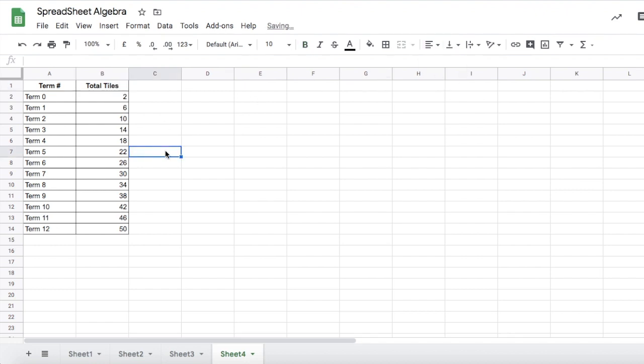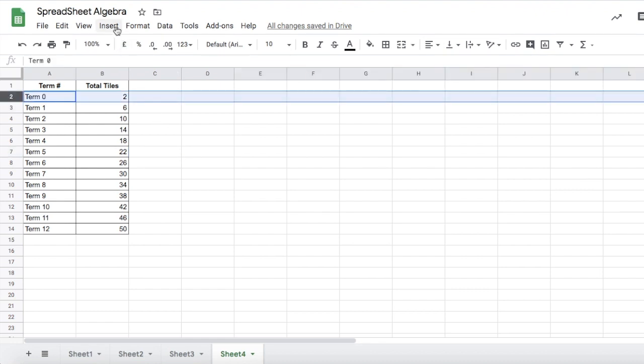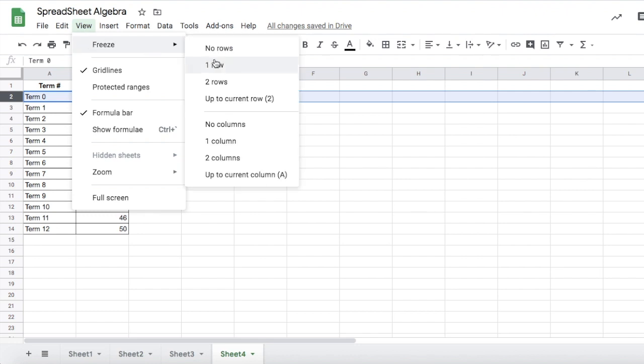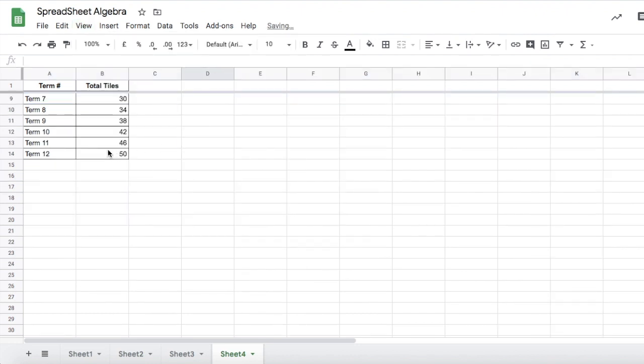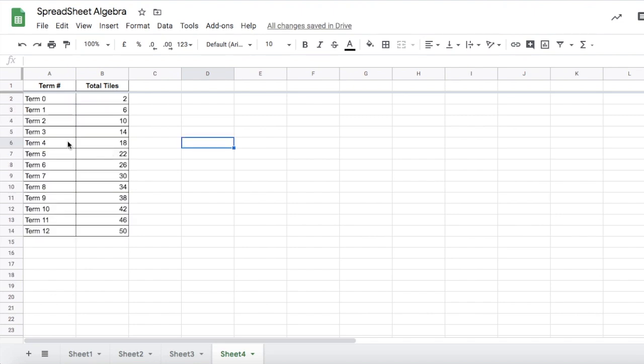And now let's see whether we could turn this into a graph. Of course, let's view, freeze. I'm going to freeze the first row, right? So this is always going to be there. Okay, so I want this little section to be my graph. So I go to insert chart,